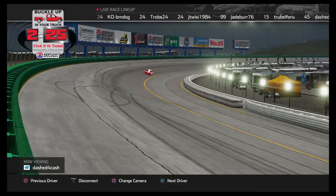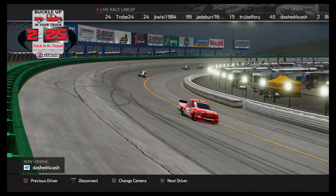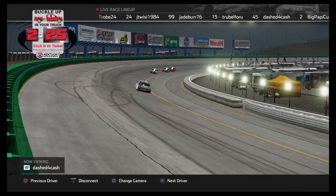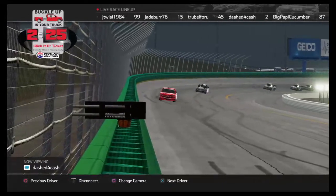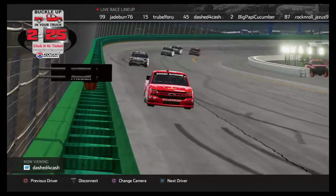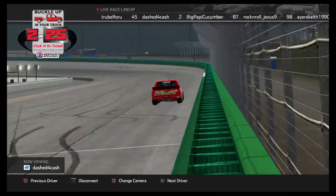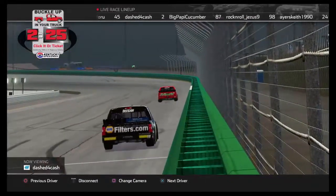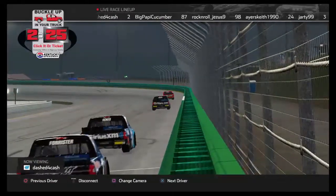This is so great, guys. So many people out here. I mean, it makes me want to put my fire suit on, strap in, and bring my truck out and see what I got against these NASCAR fast boys. Now you know how I feel as well. Yeah, that's what I do from time to time. I run part-time because it's hard to sit here in the booth and watch 25 to 30 trucks on the track, all of your good buddies going at it for the win. You really want to be out there and involved, but you also love kicking back and watching the action as